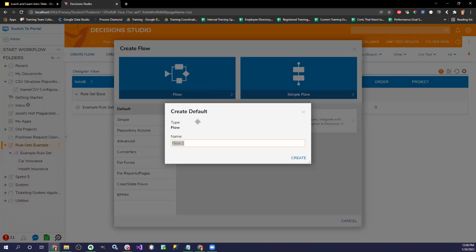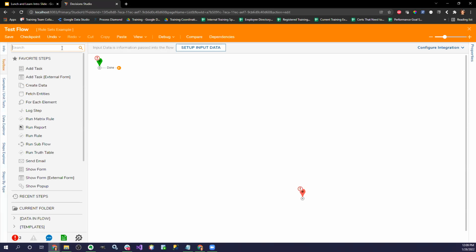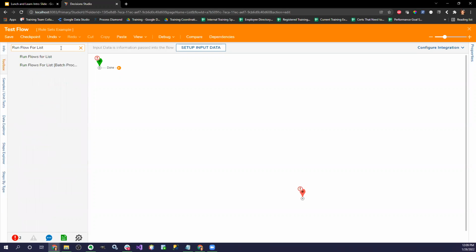What you can do is, in decisions, let's go to test flows. We have a bunch of different steps that you can utilize to run it in a more performant situation. That's a horrible wording, but essentially there's a step called run flow for list.